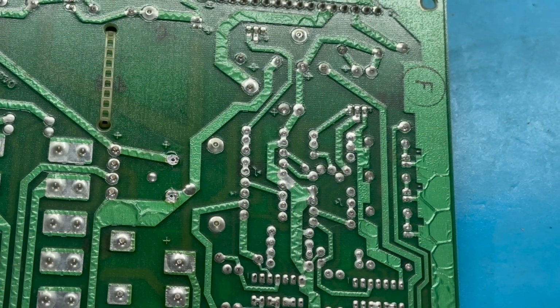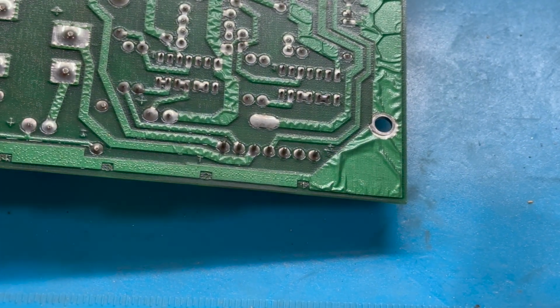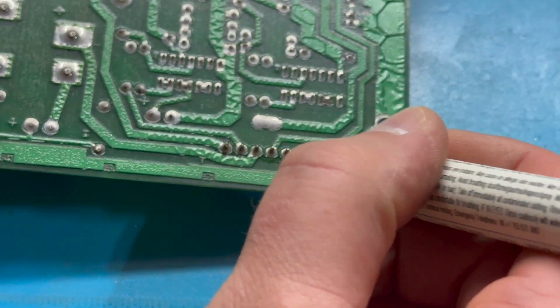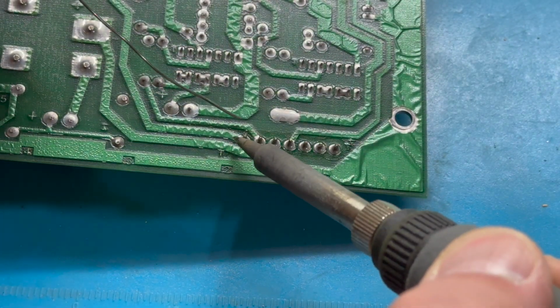Let's move the camera down a little bit. All right, now I think I got it. I was fighting the gimbal again to get it to zoom where I want. So we're going to add a little bit of flux to these 7 header positions. All right, I went ahead and